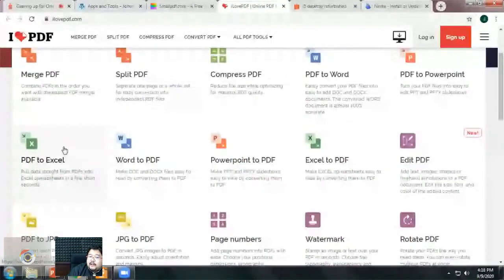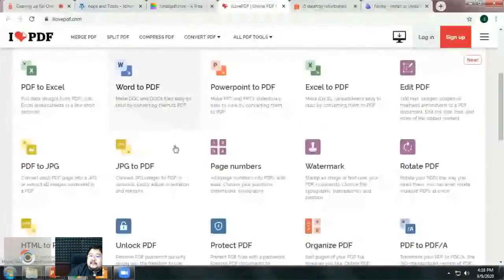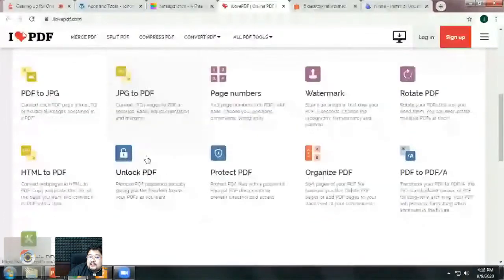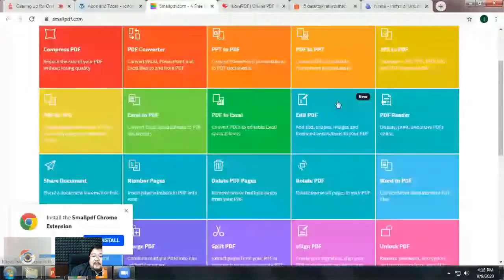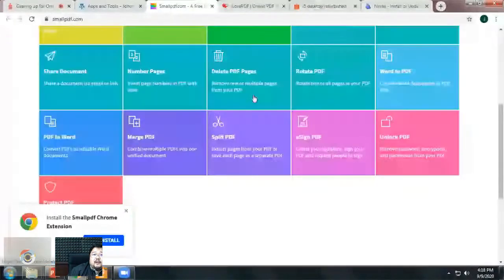You can drop your PowerPoint here and convert it to PDF. You can put a password on it. You can organize it. The features I use most are the watermark and the page number. With page numbers, it's easy to produce the final copy of your record. That can be done on Small PDF as well. It's pretty much similar. I have a paid subscription to this because I use it for my clients to sign off on documents. So those are the options.